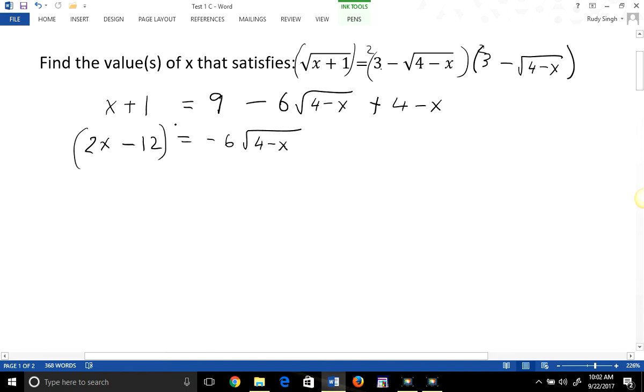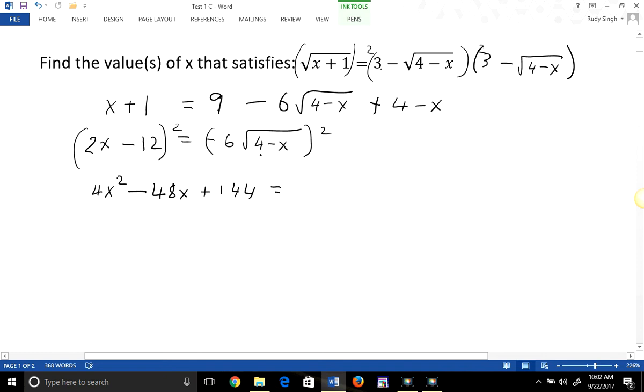You could divide it by 2, you could simplify, but I'm just going to square both sides again. So on the left side now, again, this is a FOIL, right? So you have a 4x squared. 2 times 2 is 4, and x times x is x squared. And then you'll have a negative 12 times 2x and a negative 12 times 2x, so that's negative 24, but you're doubling it, so it's negative 48 times x, and then plus a 144, and that's equal